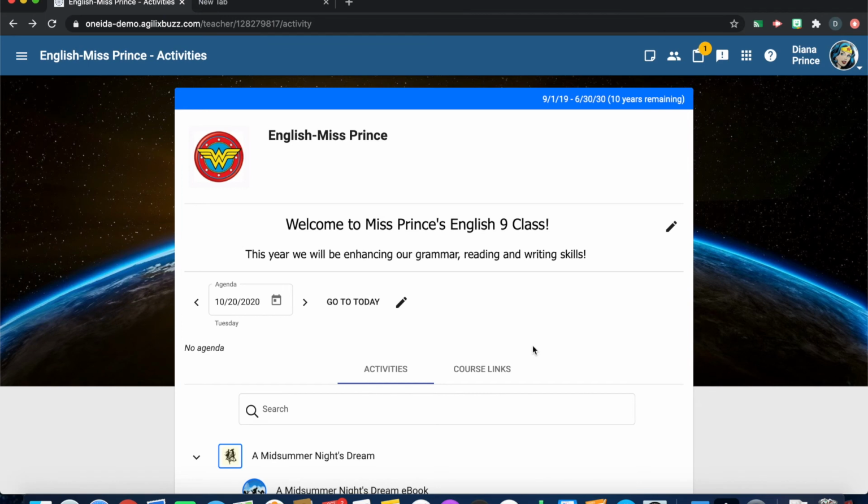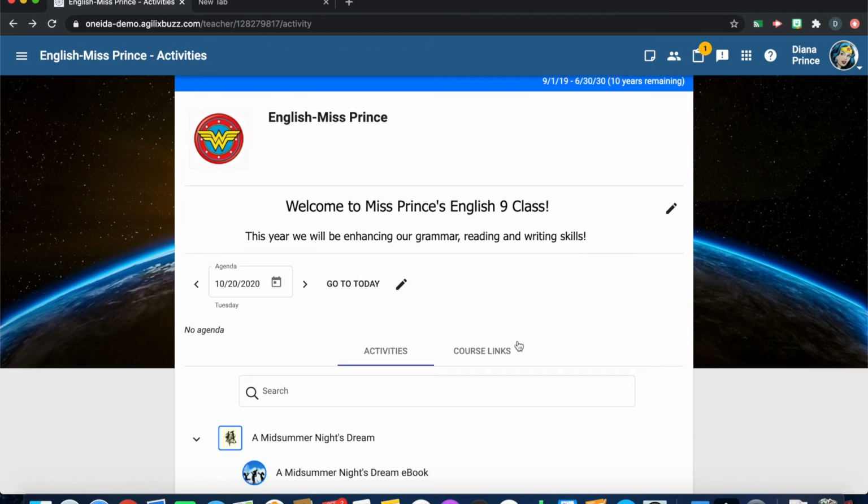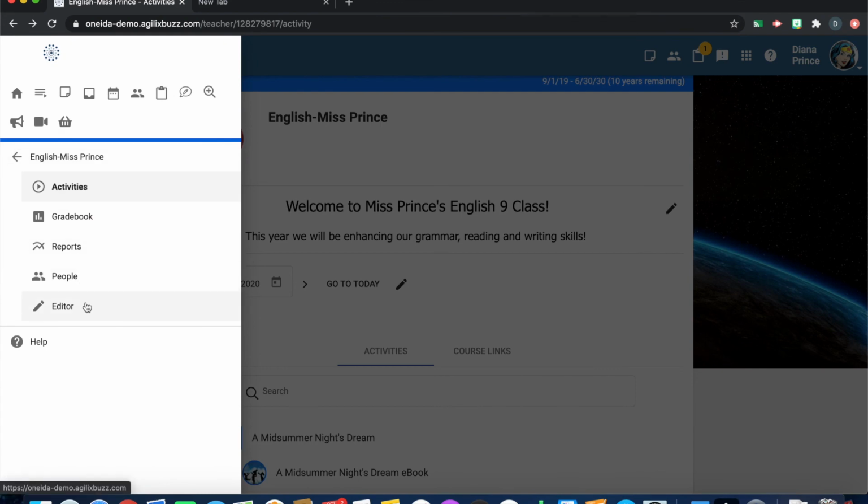The last way that teachers have to communicate with students effectively regarding assignments that may be due would be through the use of the agenda. The agenda is turned on through the course settings. So to turn your agenda on, if it's not currently, you would go up to your 3 lines in the left, go down to your editor,